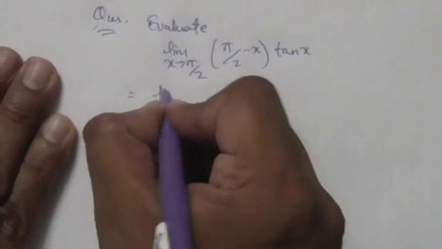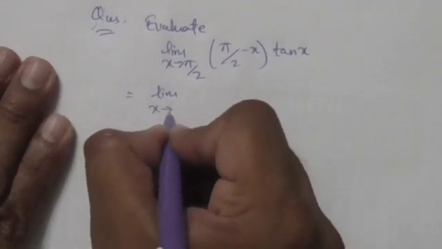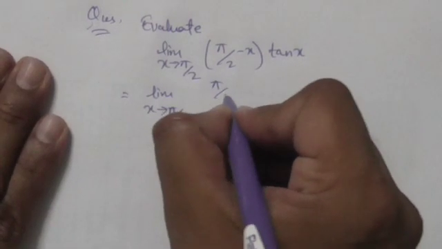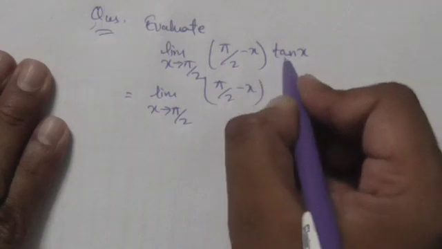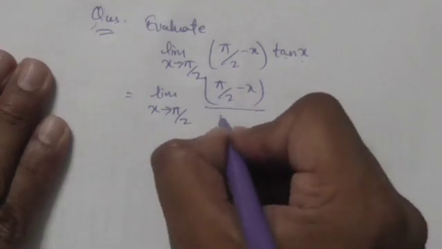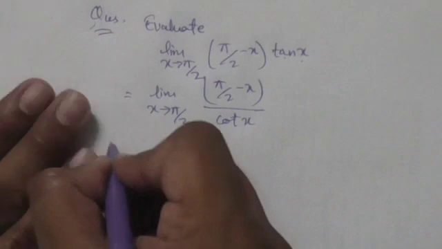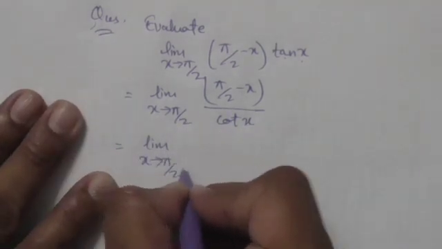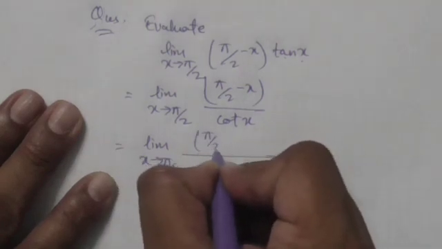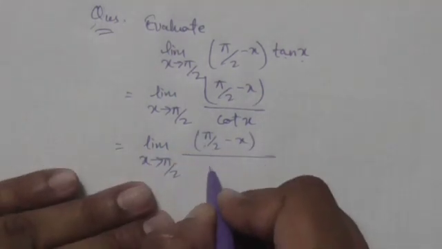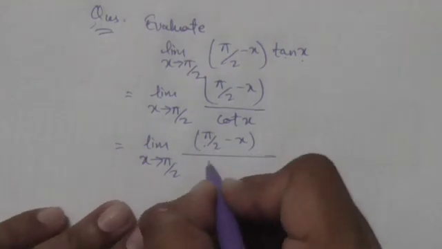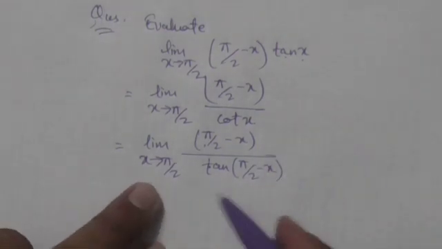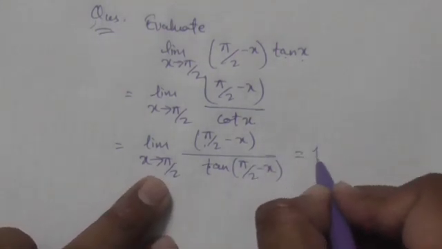So it is equal to limit x tends to pi by 2 of pi by 2 minus x. What is tan x? Tan x is 1 upon cot x, right? And what is cot x? It is tan of pi by 2 minus x. So this expression will be equal to